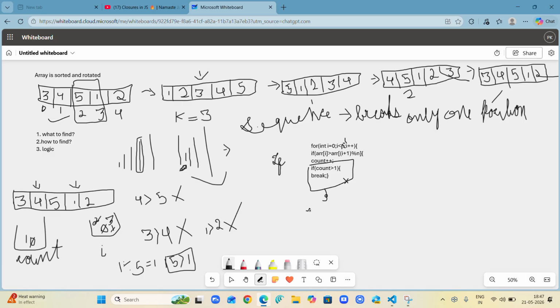If it is boolean, you can type cout and you can type "it was sorted and rotated", and then you are going to return true. I hope you would be aware, if you are solving LeetCode, here I have applied break, but when you solve on LeetCode, you will apply return over here. In VS Code also you have to return only.